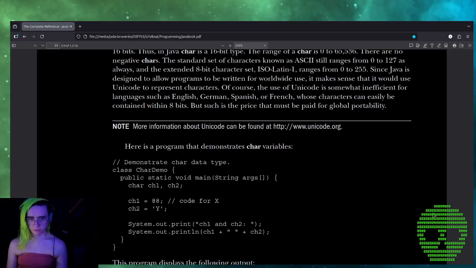Public static void main(String args[]). char ch1, ch2; ch1 = 88; // code for X. ch2 = 'Y';